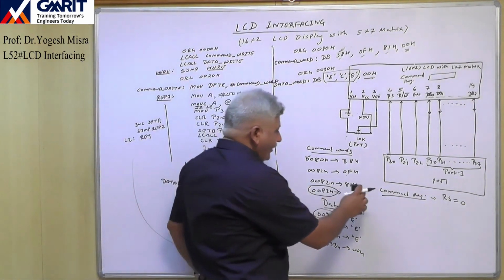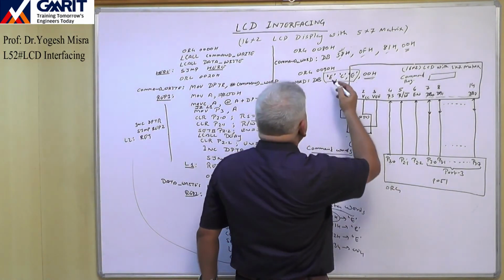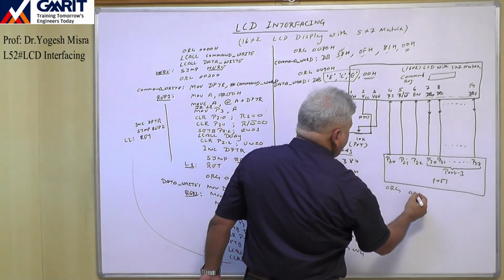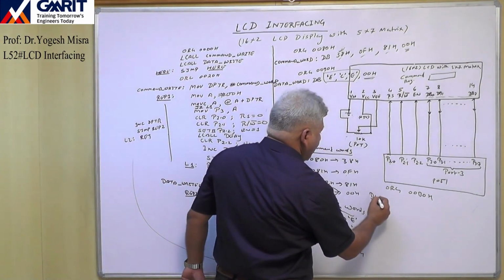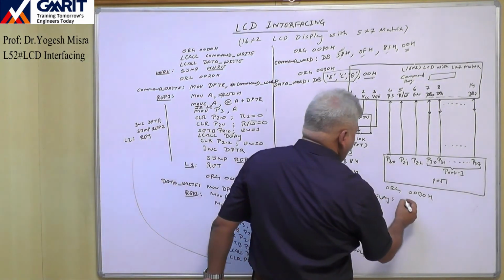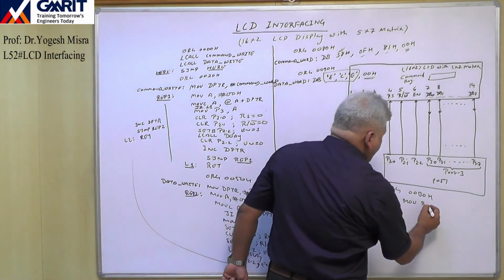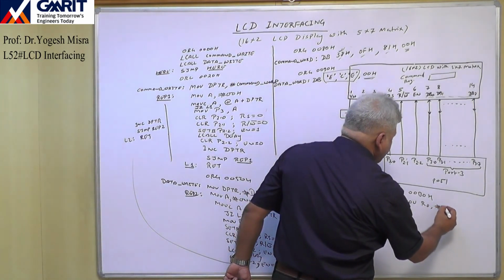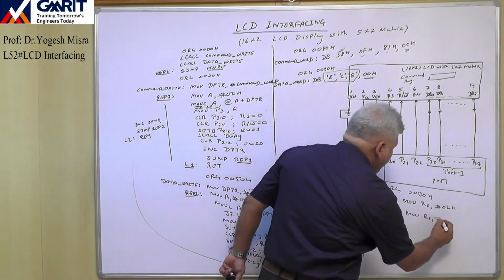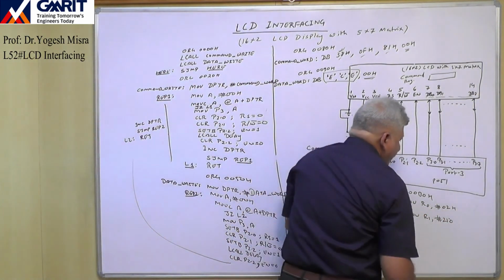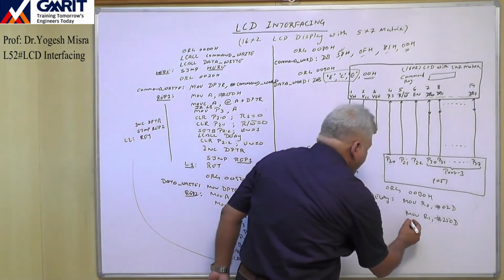Now the only thing is we have to write the delay. So the delay we will write somewhere at ORG 00B0H. Okay, here we will write. This is the label delay. So we will use the registers: MOV R0, #02H, MOV R1, #250. We will use the decimal number 250D.